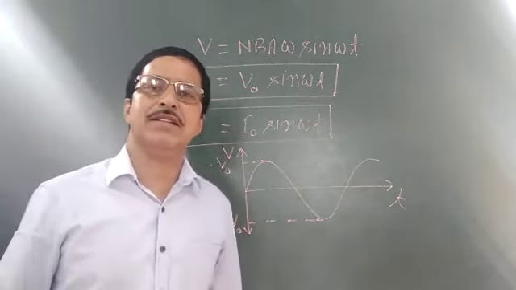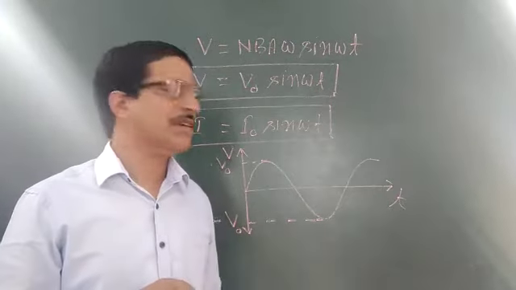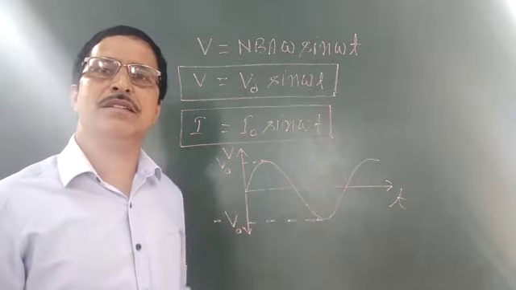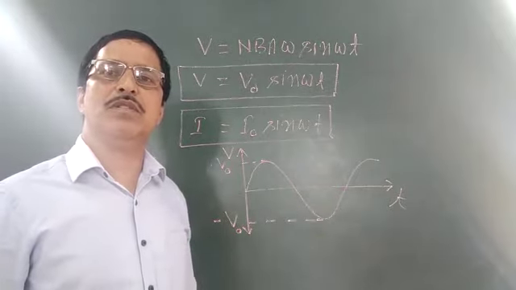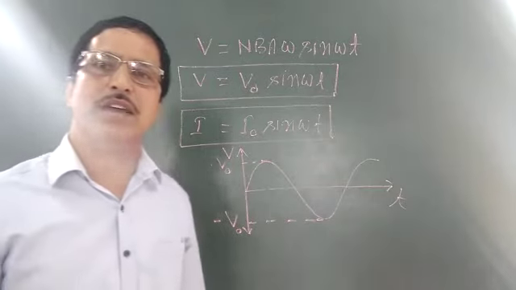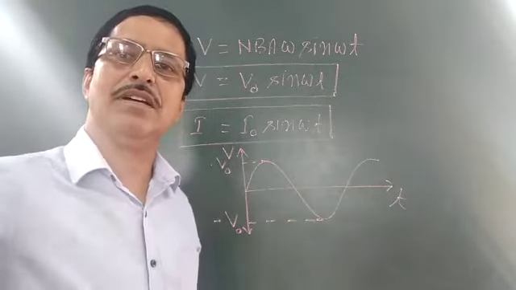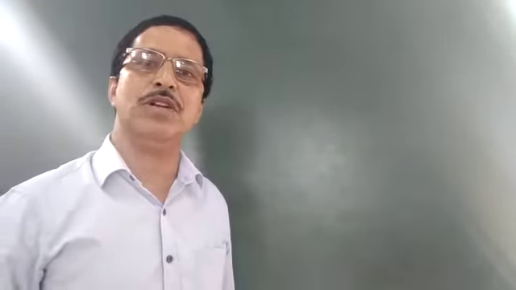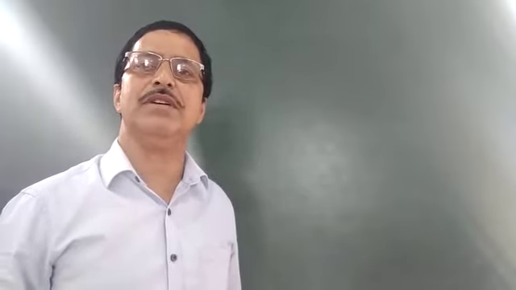It is found that the effect of the alternating voltage in a circuit is equal to the value which is called the root mean square value of that voltage or current. That's why the root mean square value of the voltage or alternating current is also called its effective value. Let us first calculate how the effective value or root mean square value of the alternating voltage is related to its peak value.